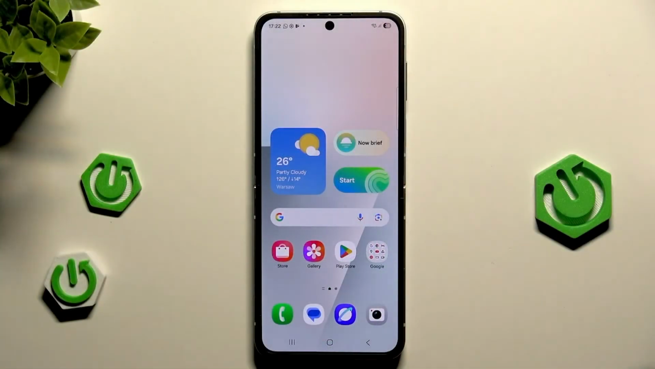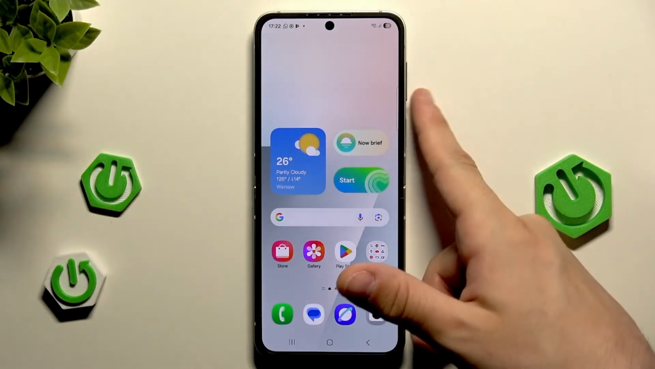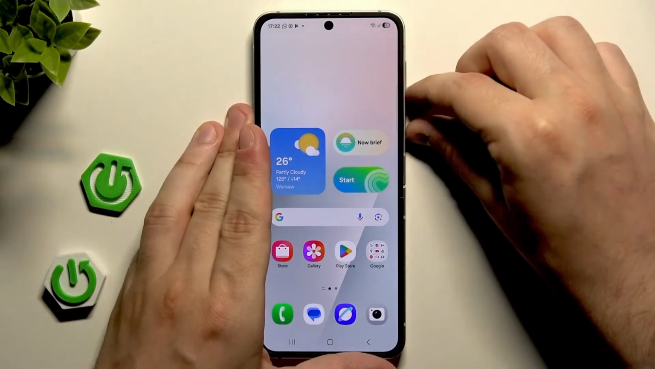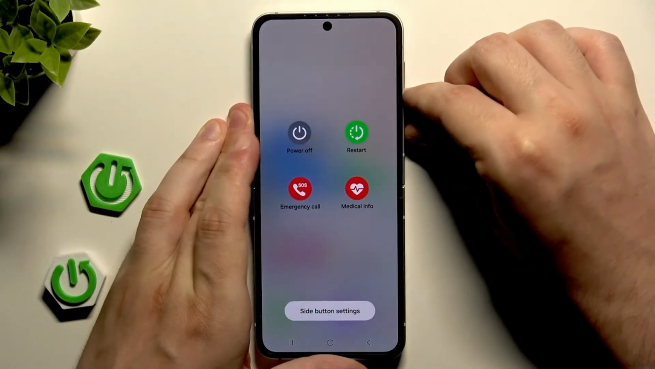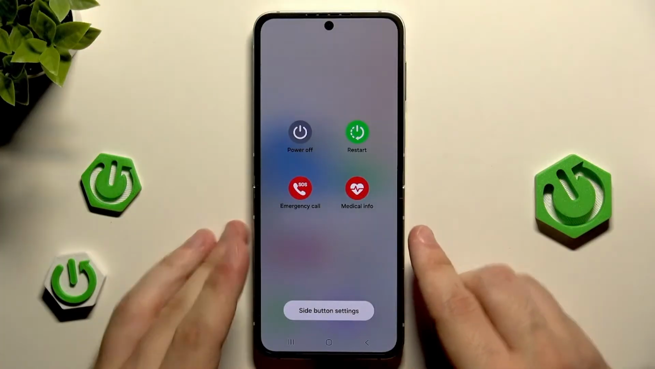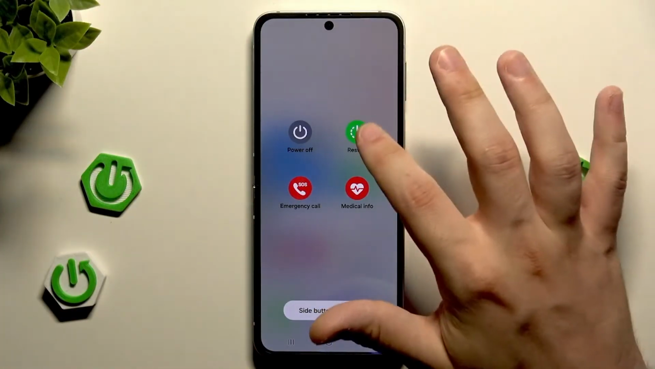Alright, so let's begin. First, to reboot this device, we need to open up the power menu. It is really easy. We need to hold the power button and volume down button at the same time. So hold both of the buttons, and now, as you can see, the power menu appeared. Now simply tap on the restart,